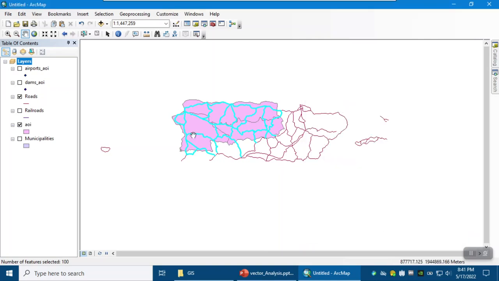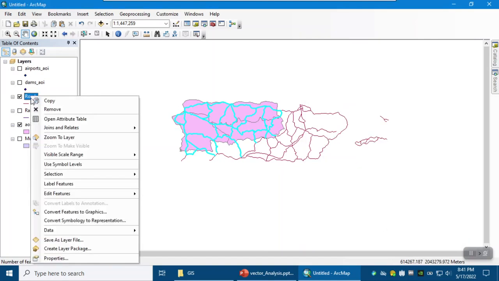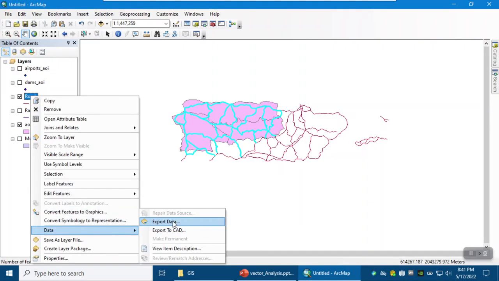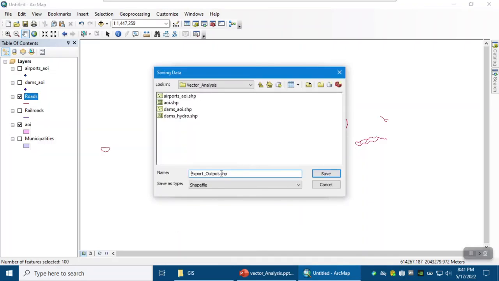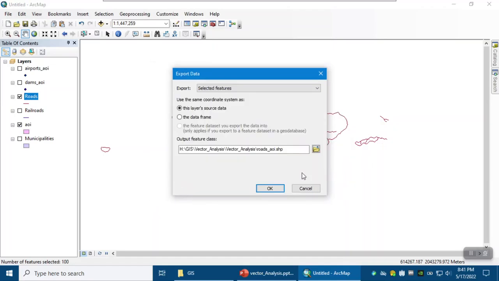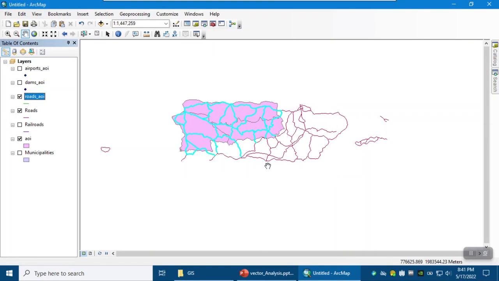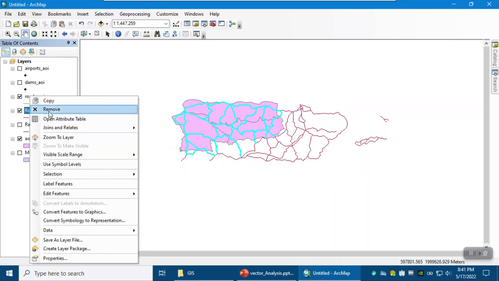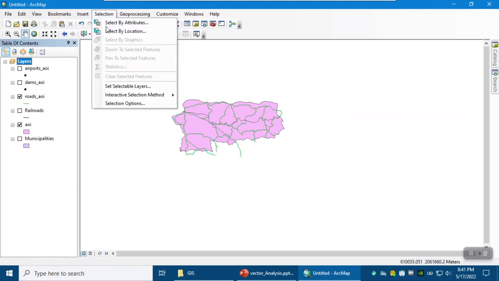So click OK. This one is going to be the roads that are within AOI. Okay, so roads underscore AOI, and click save and okay. And also, let me remove roads. And finally, we have to repeat this for the